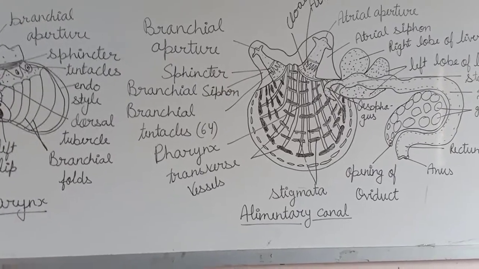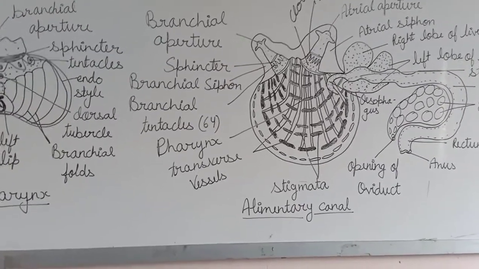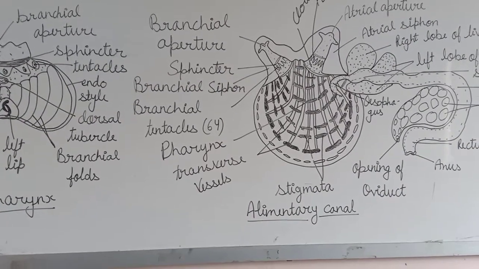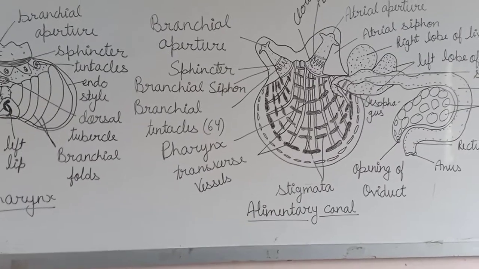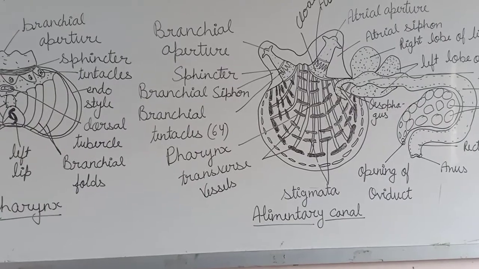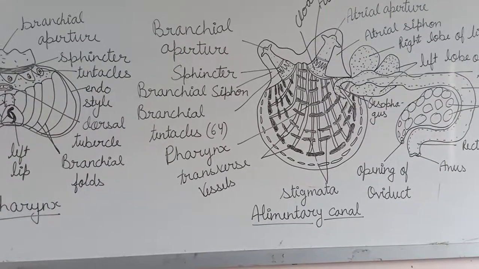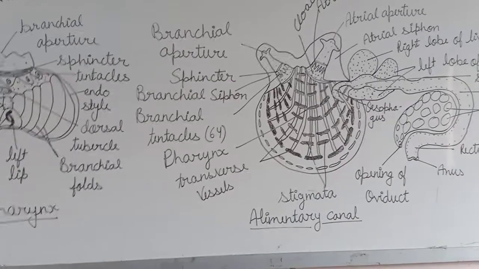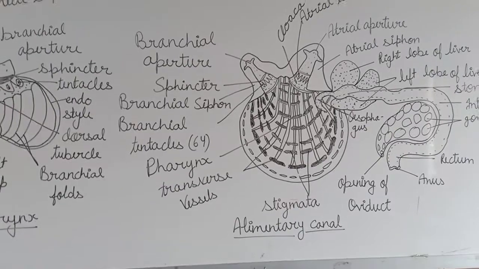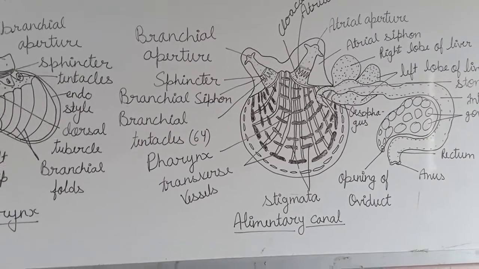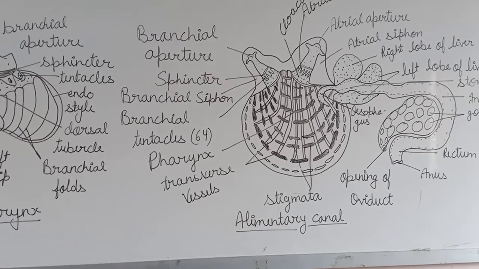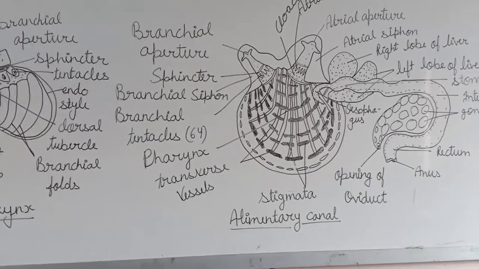Now some other structures are also present like trabeculae, dorsal lamina, endostyle, esophageal area, etc. Now esophagus. The pharynx opens into a very short, curved and thick-walled tube which has 4 longitudinal ciliated grooves that attach the branchial sac, the largest part of the pharynx, with the stomach. ये क्या रोल प्ले करती है? pharynx को stomach से अटैच करती है.